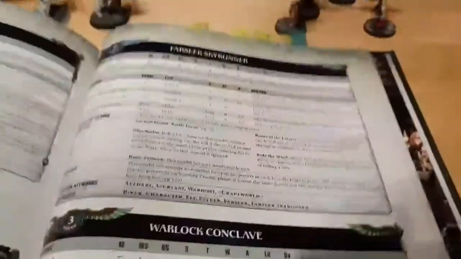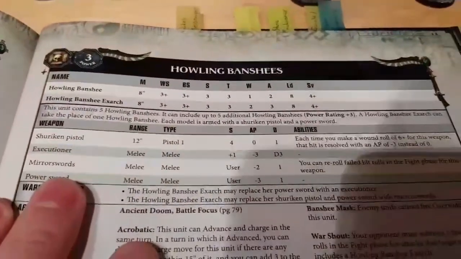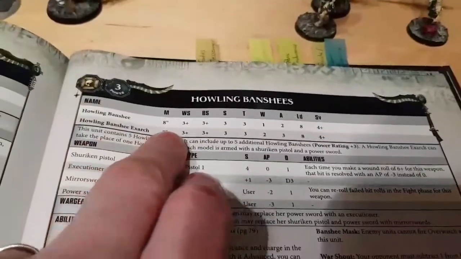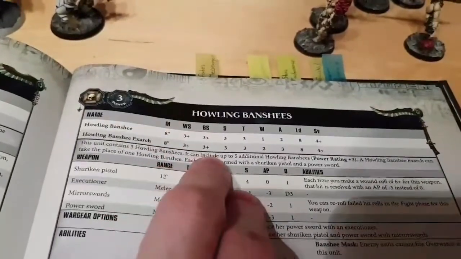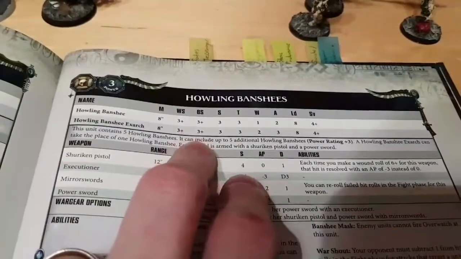Okay, so let's go back to the stats. Where are we? I'm trying the tripod here, guys, so I'm actually holding it to see just how steady I can get it and see if it's any better, but we'll see. Anyway, so the Howling Banshees. They've got 8 inches movement, so they're fairly quick. Weapon skill 3, which is quite good, and ballistic skill 3 as well. So you've got a 2/3 chance of hitting on